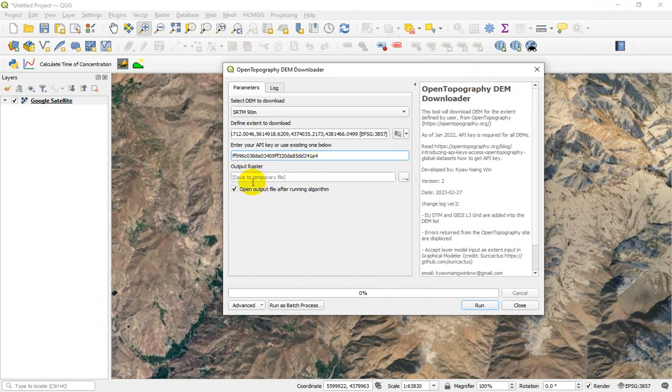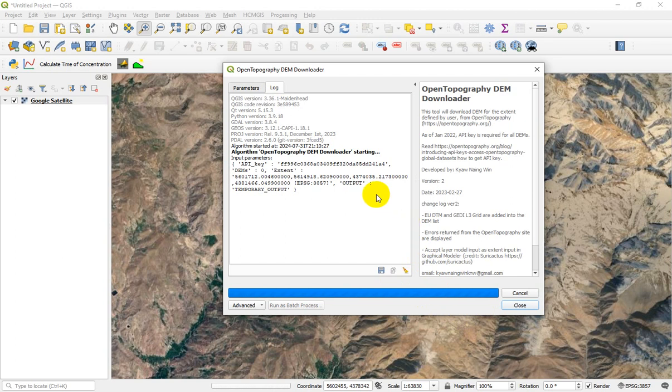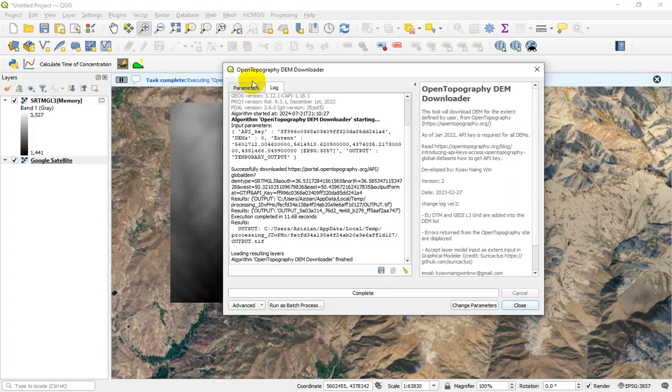And in the output raster, you don't need to enter a specific name or folder, because Quantum GIS saves all of these outputs as temporary, and after finishing the process, you can easily remove it or save it on your computer. Okay, let me download. In the first step is SRTM 90 meter. Press run, and depending on your catchment size, it may take about 1 hour, 10 minutes, or 1 minute.